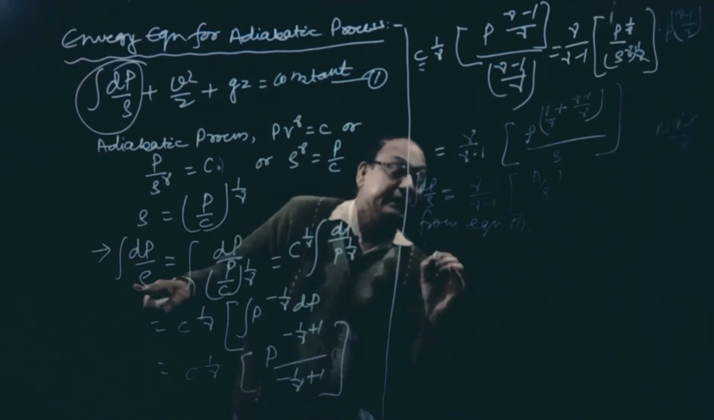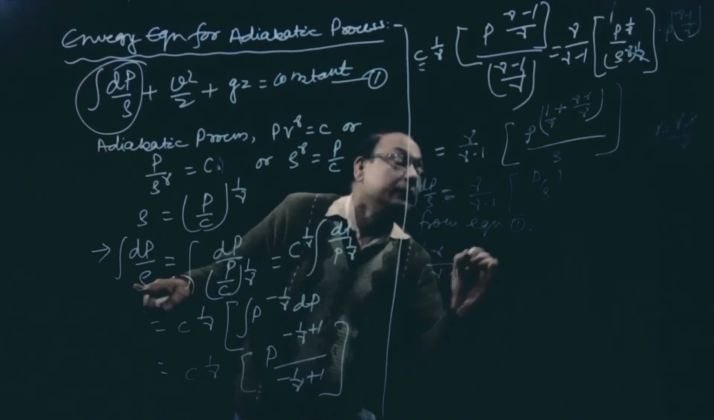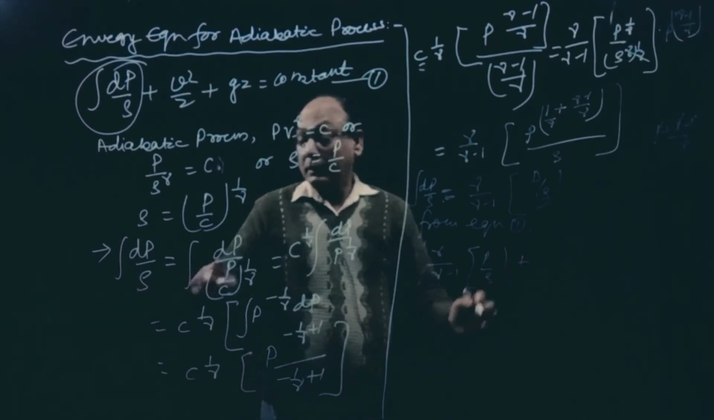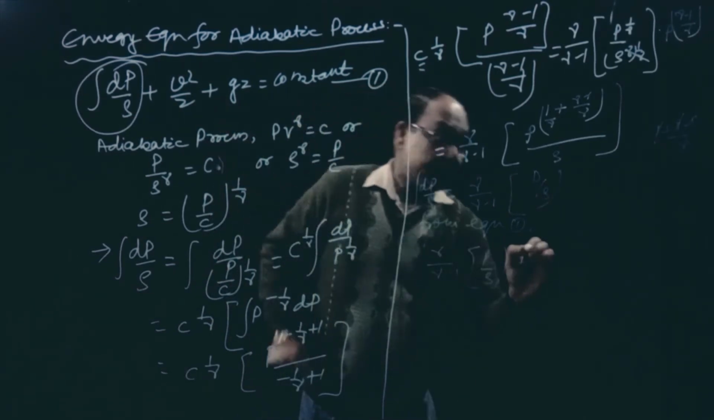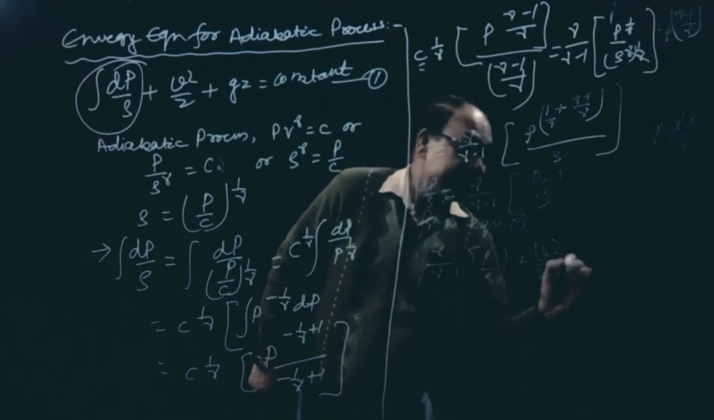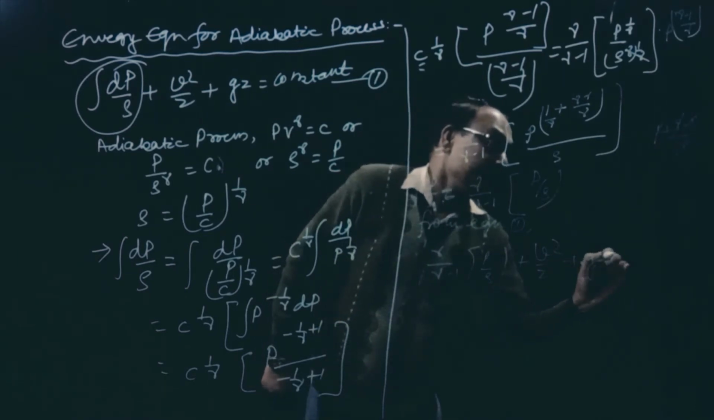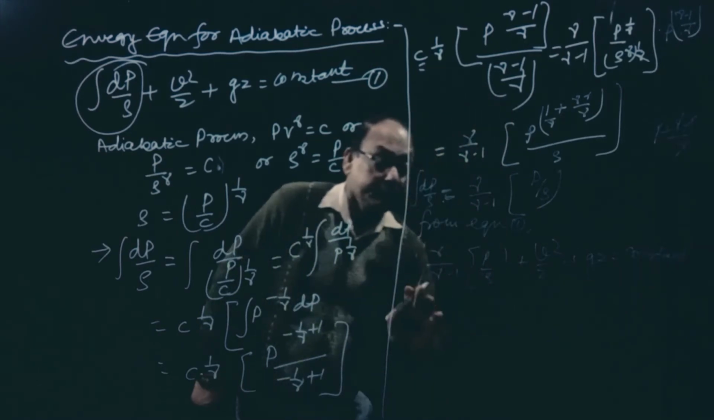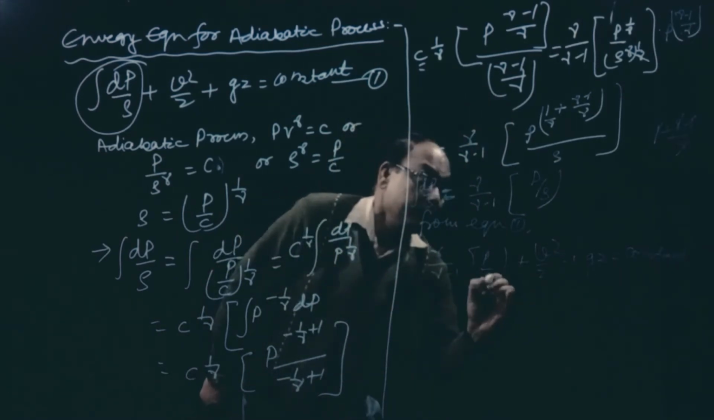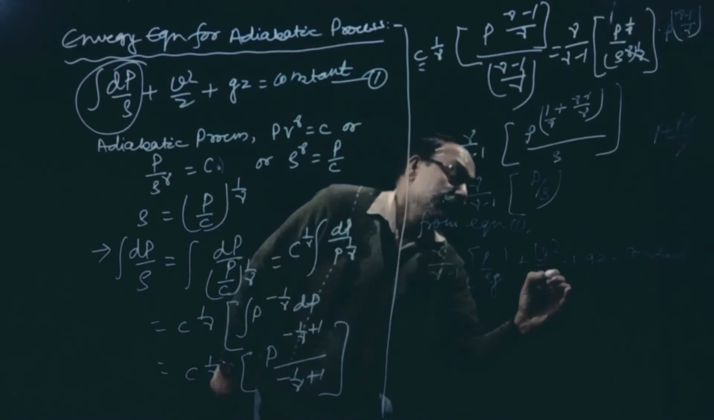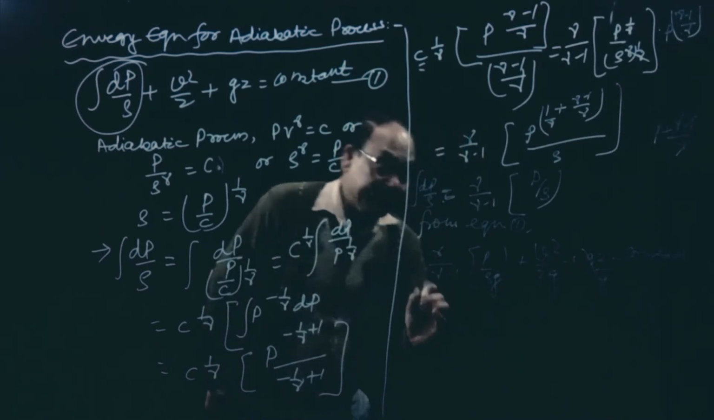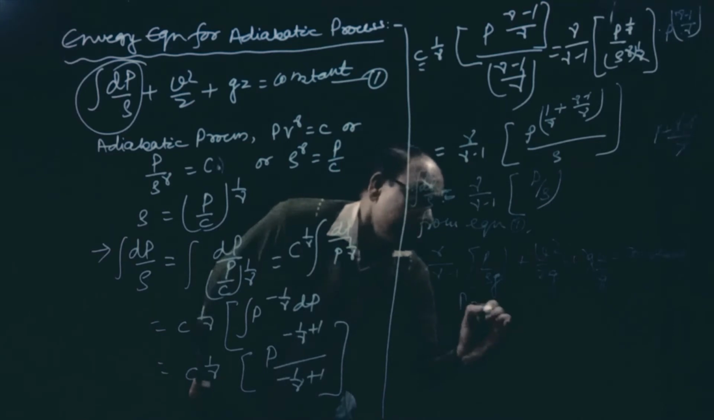So it is gamma by gamma minus 1 p by rho, plus v square by 2 plus gz is equal to constant. So what we have to do now? We have to divide by g, and g will get cancelled, and this will be for process 1 to 2,